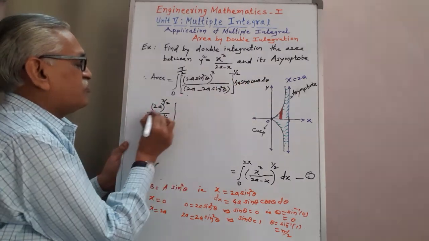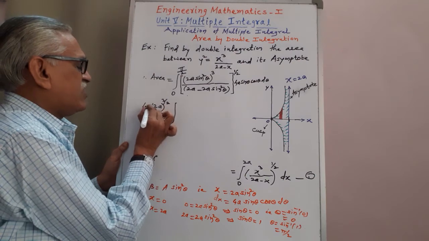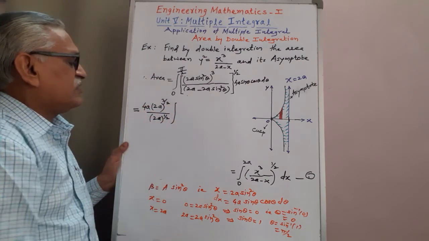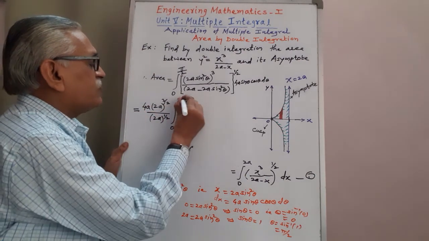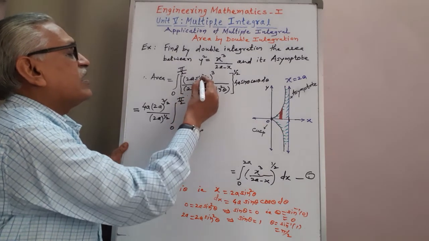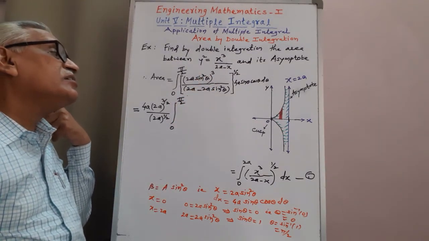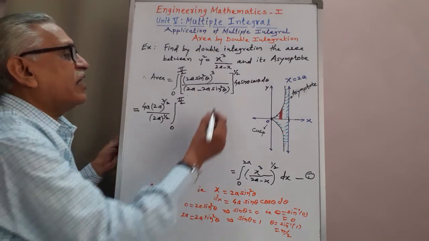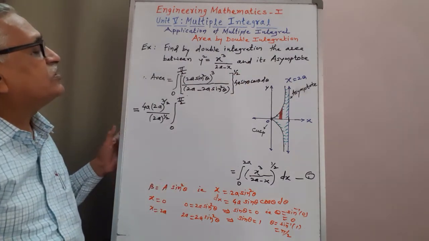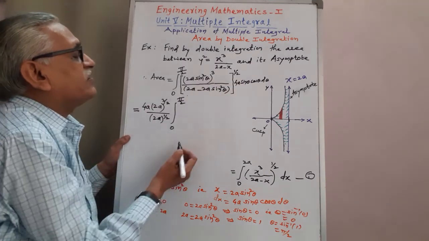This 4a also we can take outside as it is a constant term. Limit from 0 to pi by 2. Here it is sin raised to 6 and that raised to 1 by 2. This 2 and this 2 get cancelled,